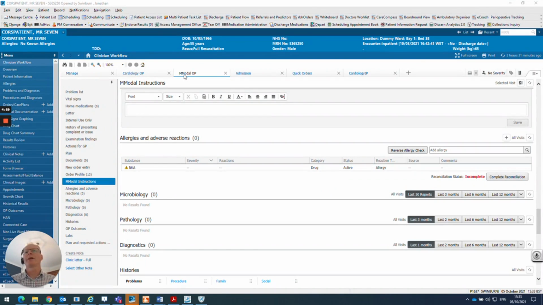So if you're going to use the direct letter creation tool within Cerner, then you need to set up your M Page to make it work best for you. So as I've said already, you need to use the M Modal outpatient tab within the clinical workflow documentation. And I would recommend, as long as you've got a wide enough screen or a screen with sufficient resolution, that